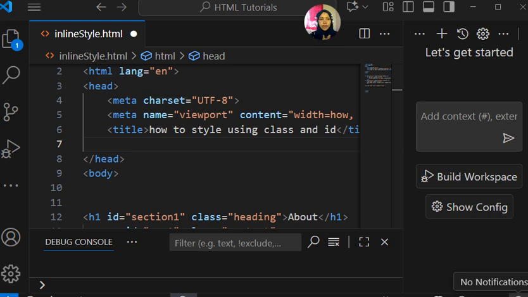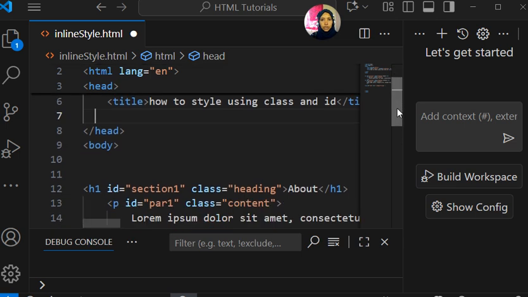I'm Nuria. In this video I'm going to teach you how to apply CSS style using class and ID to an HTML element. First, let me explain what class and ID are, or the difference between the two. Class is used to apply style to a group of HTML elements, whereas ID is used to apply style to a specific element. With that said, let me show you how the class and ID are attached to an element